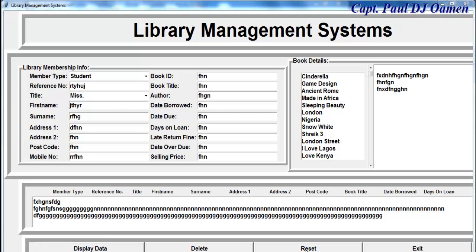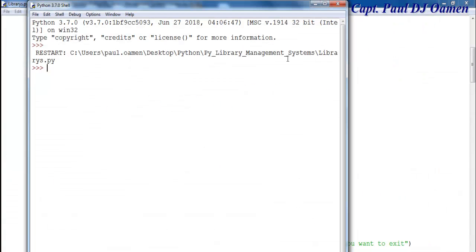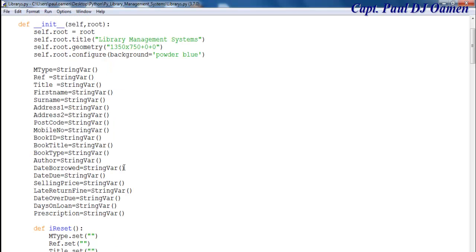So I can only reset all of these widgets if I click on reset there. Okay, but I want to be able to reset all of these as well. So what I'm going to have to do is call each variable in there. So let's exit. Each of these variables has to be addressed individually. So I'm going to come in here, copy that,